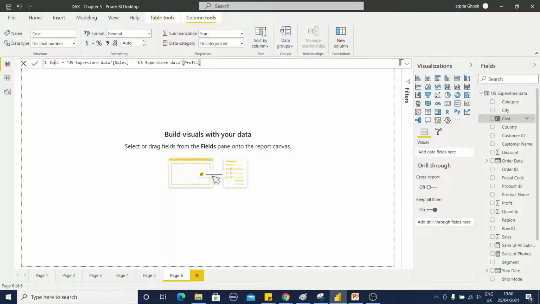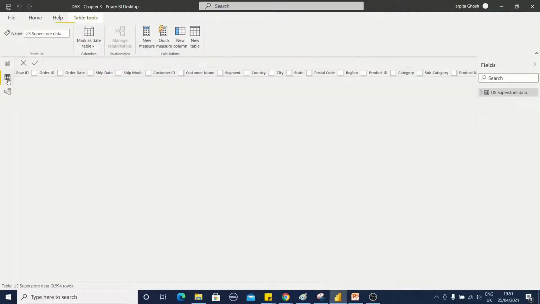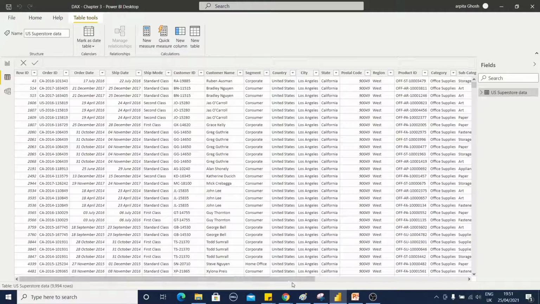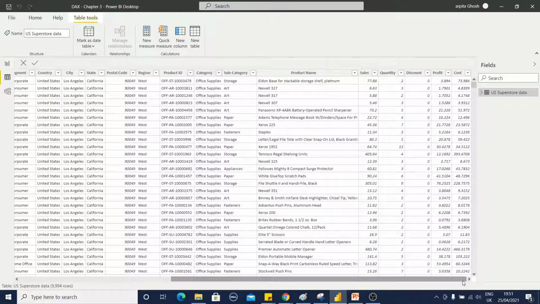If I create any calculated column and go to this view, I can find that column explicitly. So my cost is calculated for each and every row. And the query context is nothing but the combination of filter and row context.